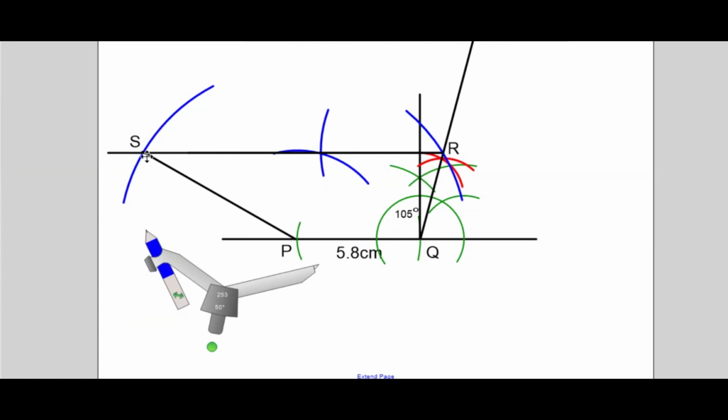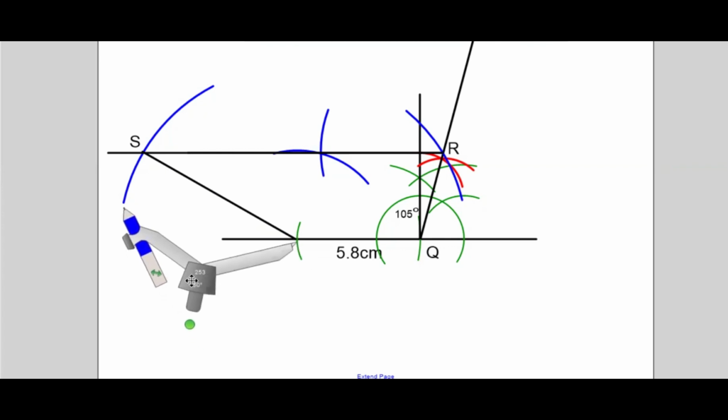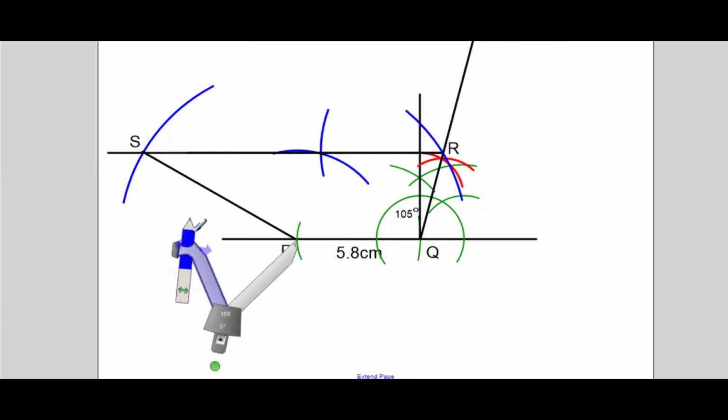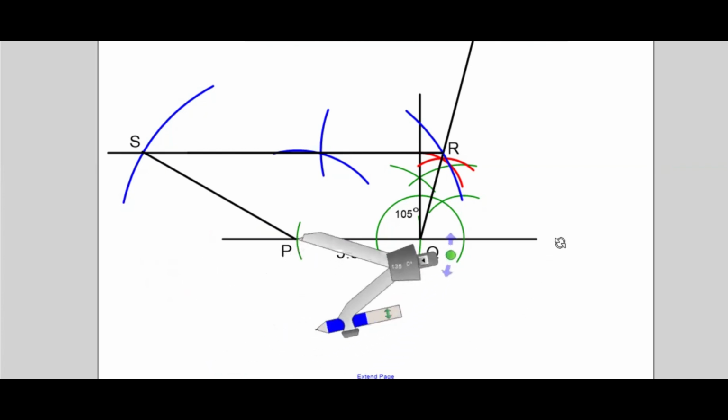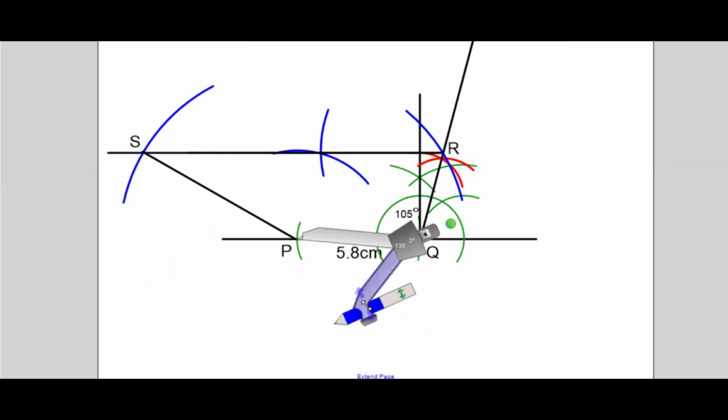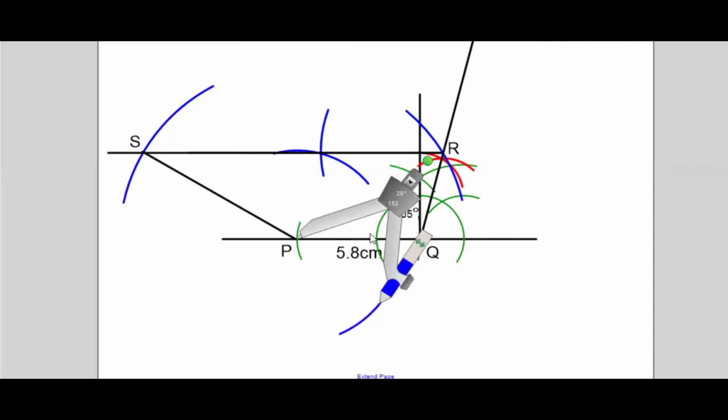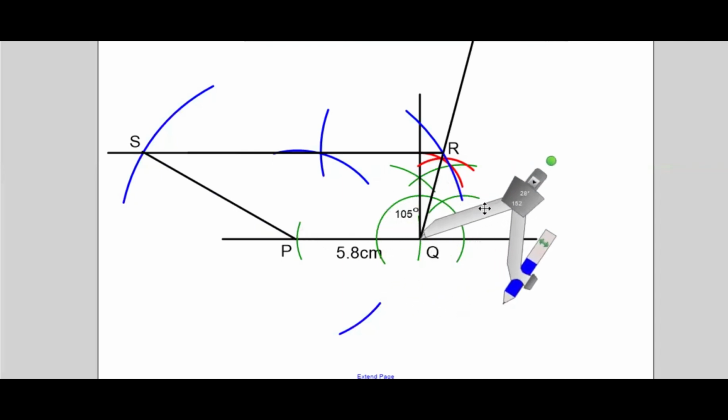Okay, we go back to the question, to the first locus. The locus of points equidistant between P and Q is the perpendicular bisector of the line PQ, because points of equal distance between P and Q lie on a line that is perpendicular and passes through here, the line of symmetry of points P and Q. To construct that, we extend the compass a bit to a convenient radius, construct an arc, come back to the other end,